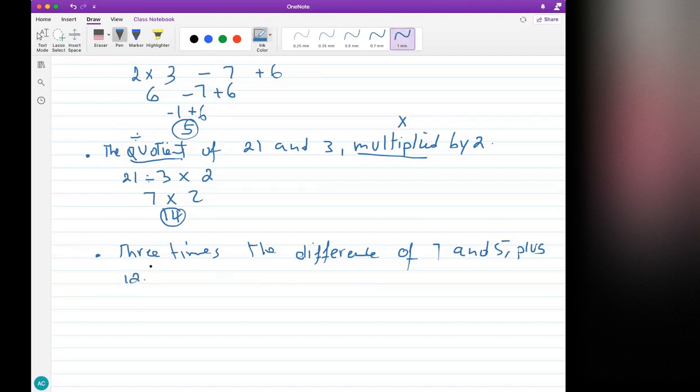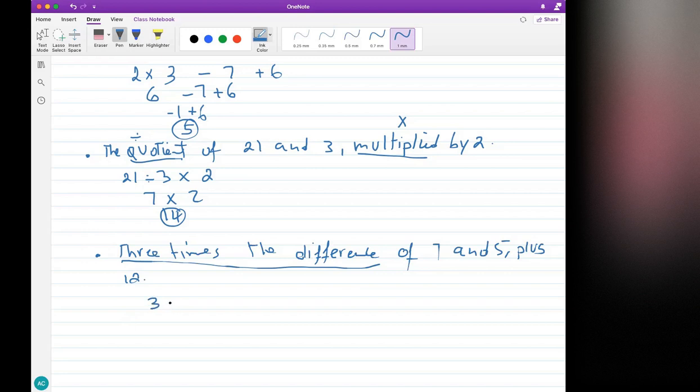This one's a little tricky, so let's try to translate this correctly. 3 times the difference of 7 and 5, and the whole thing plus 12. Especially this part here, 3 times the difference. How do you translate this first part? It's going to be 3,